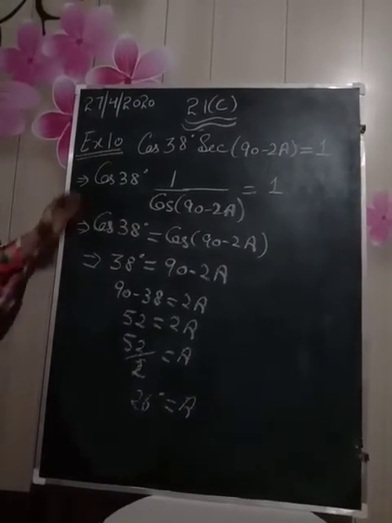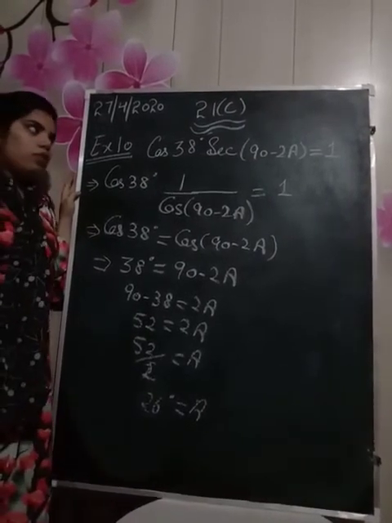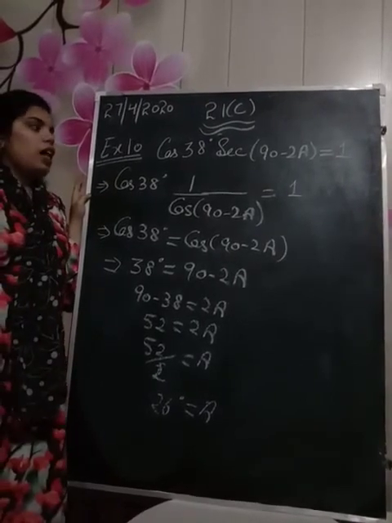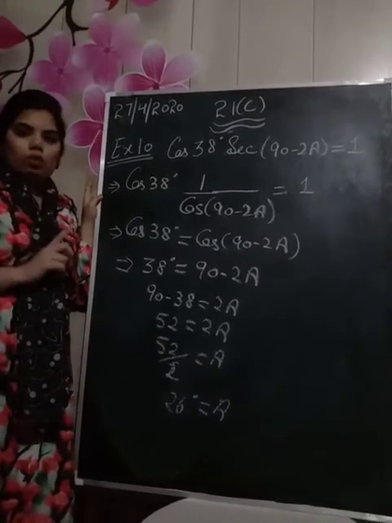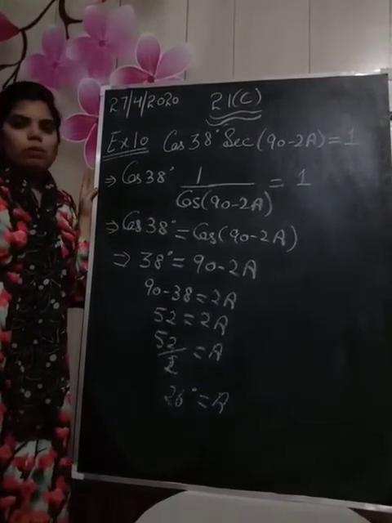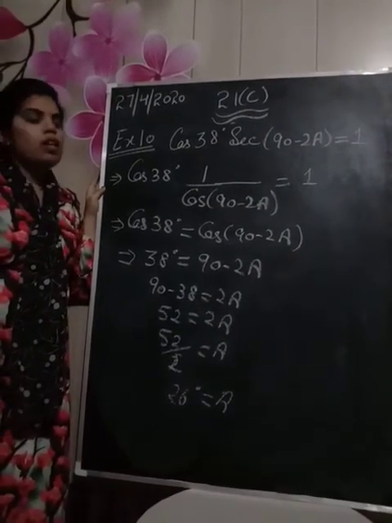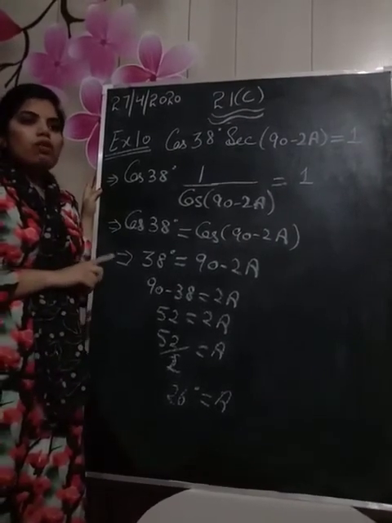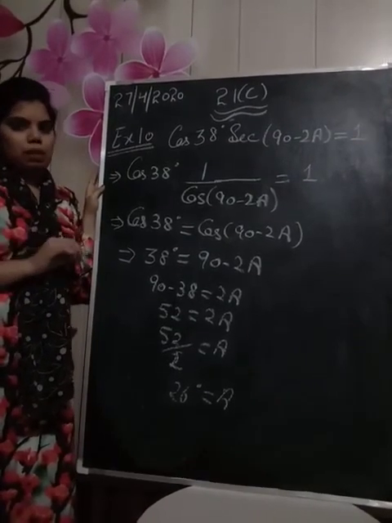Now we have discussed exercise 21B and exercise 21C. You have to try these questions. But I want to tell you again, do only the trigonometry chapter, don't do other chapters. Tomorrow I will check your notebooks, which means you have to send your photos. Each and every student has to send the 21A exercise questions first. If you do not send and do not do that exercise, then your attendance will be marked as absent. So you have to send.